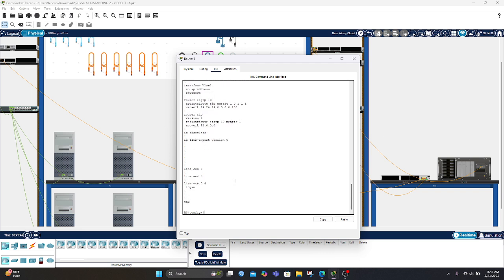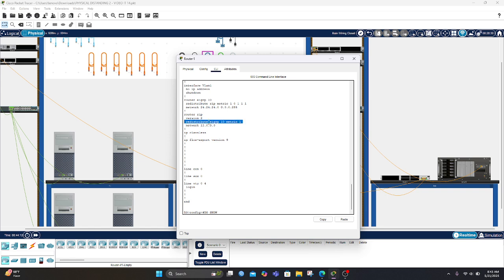So for connecting AGRP and RIP, we must make a redistribution.